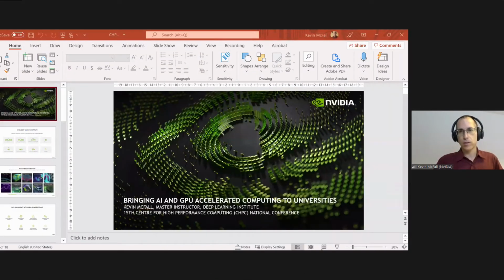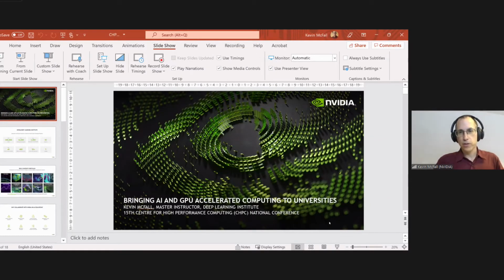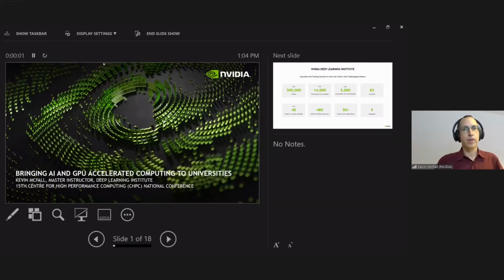And let's see. Let me pull up my slideshow. Just 1 second. I've got all these screens in my way. I needed to move it away from the icon to get it started. Okay, so hopefully you all can see my screen.